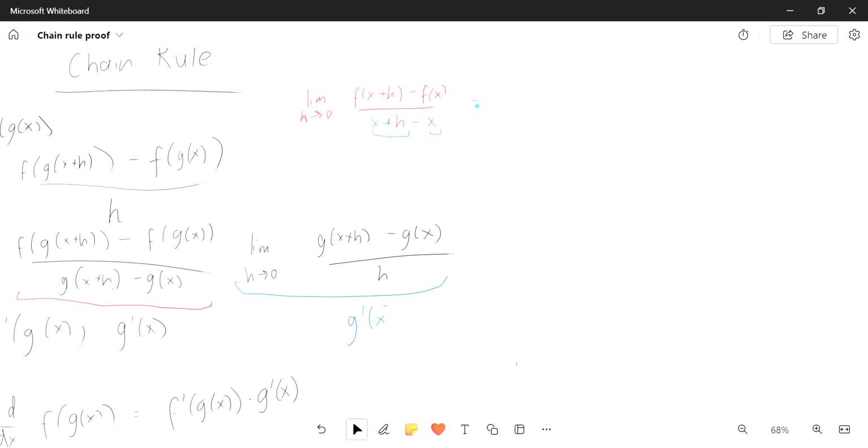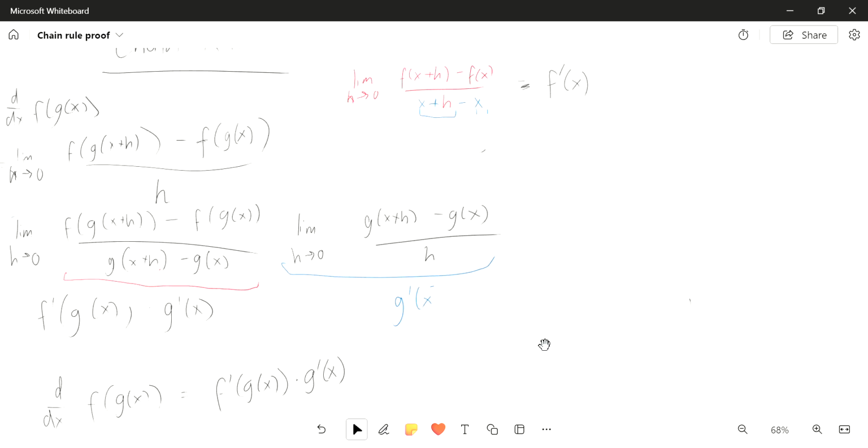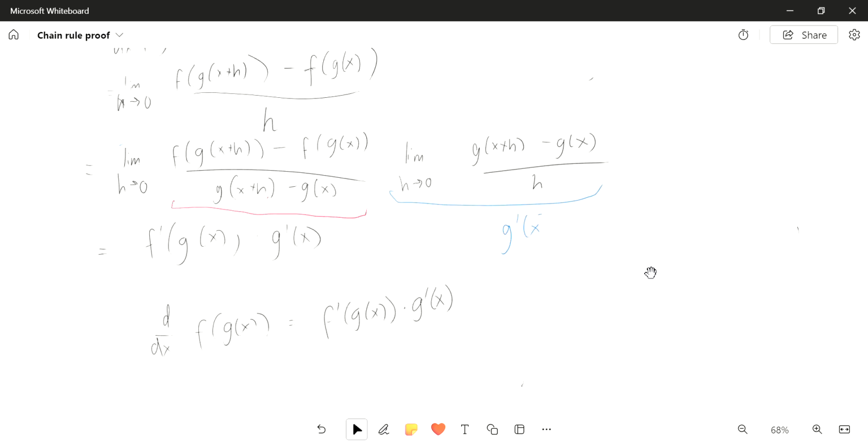So in this case, this limit would become f prime of x because you have x plus h instead of some output of x. But if you have some output of x, like g of x, instead of x, you would get g of x plus h minus g of x. And so oh, this should be f prime. And so then your derivative would be f prime of g of x. So that kind of leads me to this derivative of the composite function, which is f prime of g of x times g prime of x,